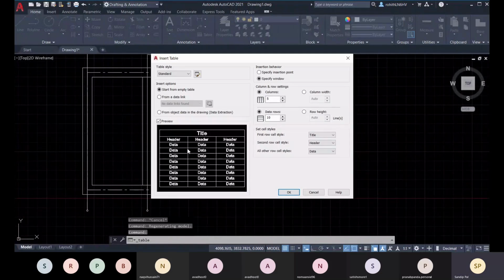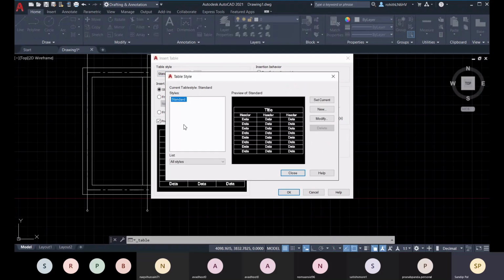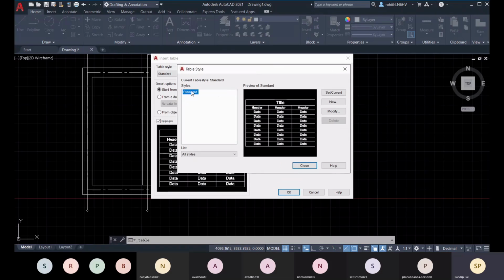All right, so now about the table. You can create one table and you can fill this table with all the data. About the table style, that is set to standard, which is the default one. You cannot choose anything else. So here you have the option to launch the table style dialog. This is the table style that is right now standard. We have only one, and if you want another with a different style, you can create new.